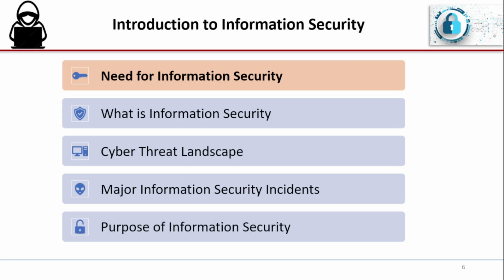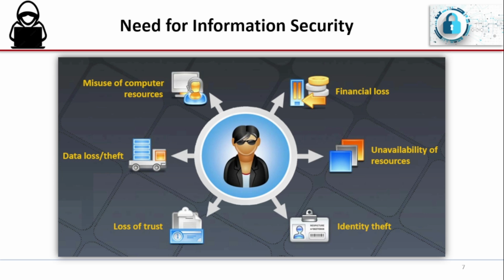So coming over to 1.1, which is the need for information security. Why is there a need for information security? It's a very basic thing. Everything is shifting onto cyberspace, and obviously when it was physical, there were robbers and physical attackers. Now everything is shifting to the cyber side. So obviously cyber attackers and malign forces are always there